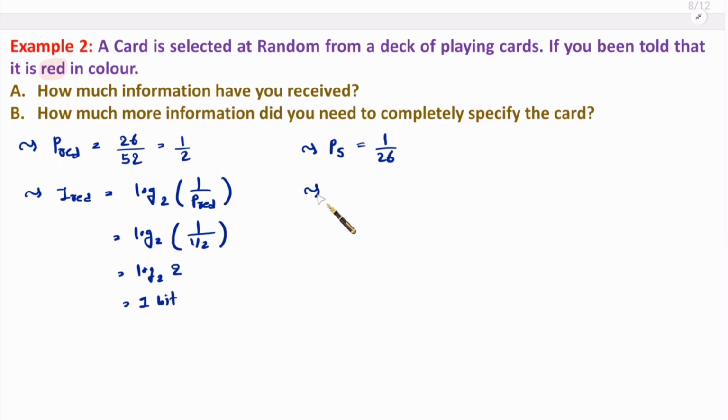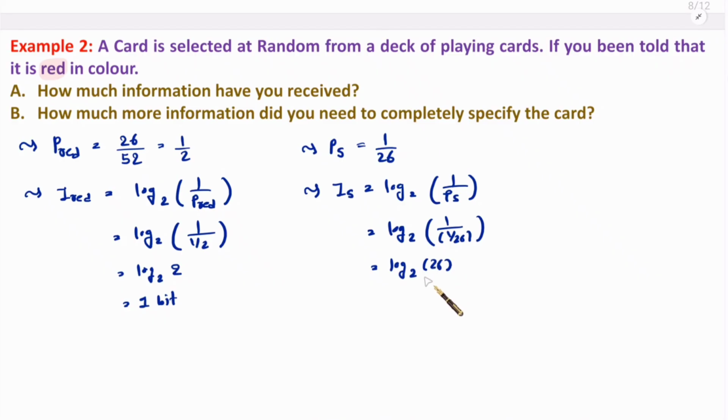So information for a specific card will be log base 2 of 1 divided by the probability of the specific card. Here we have log base 2 of the probability of a specific card, that is 1 divided by 26. This 26 will go in the numerator. So log base 2 of 26, which will be log of 26 divided by log of 2. If you solve that, you will get 4.7